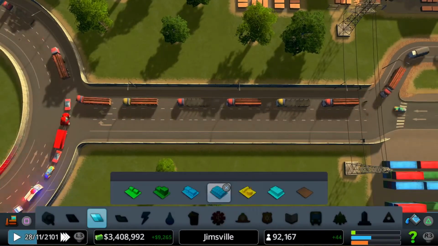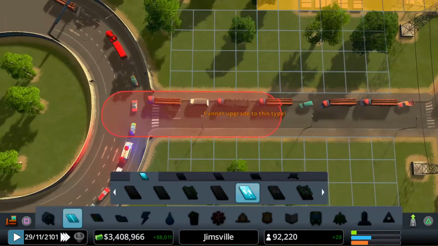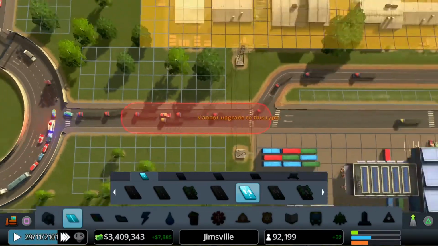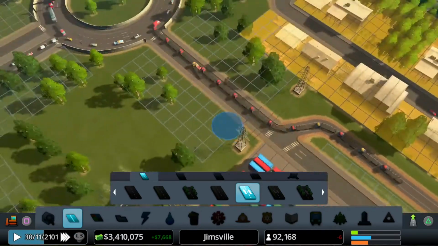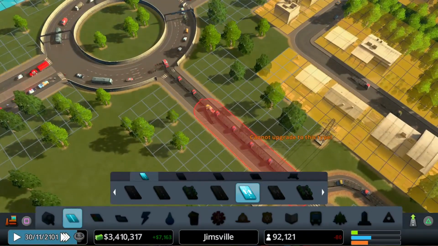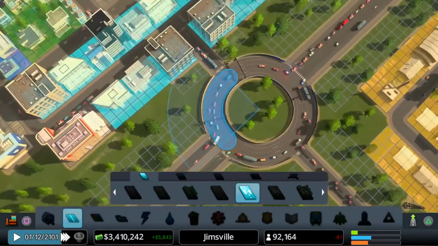Maybe if I switch that back to that. Maybe make the roundabout bigger as well.